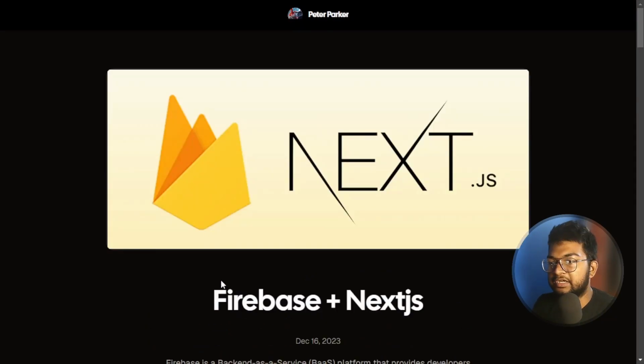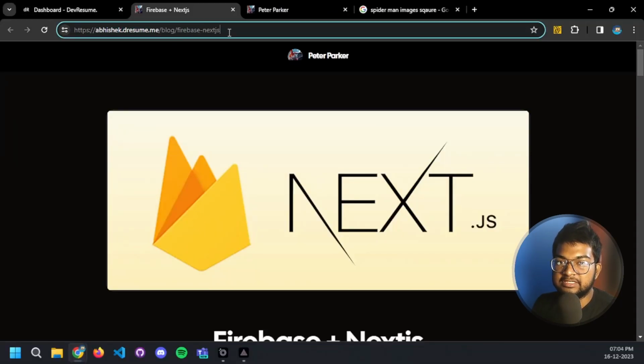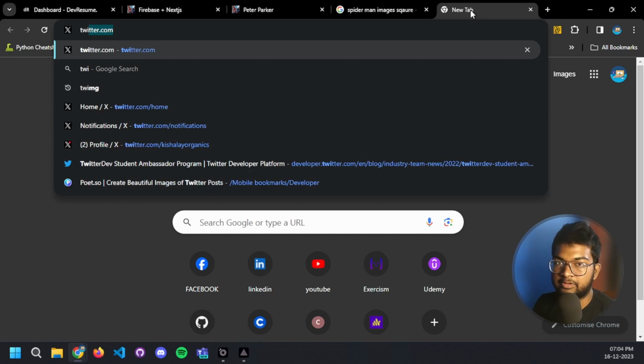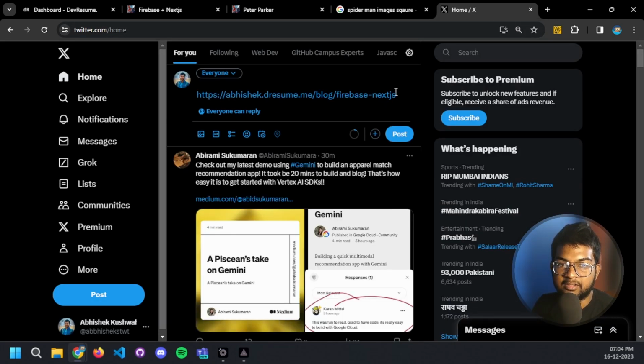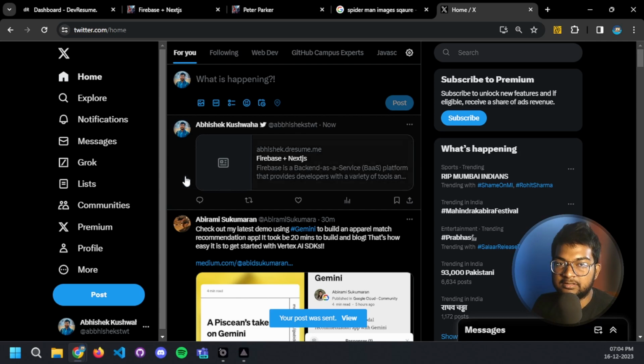Now, one more cool feature that I want to show you that I learned during this project is how I can render the OG image, or the open graph image. So if I copy it and I go to twitter.com, and if I paste it right now, okay, if I go and paste it out, it will not work like that. But if I go and post it out, you can see